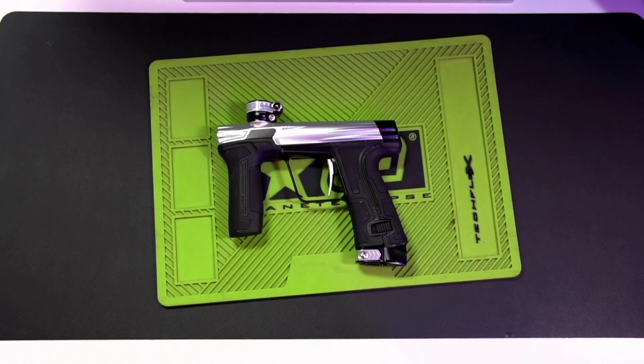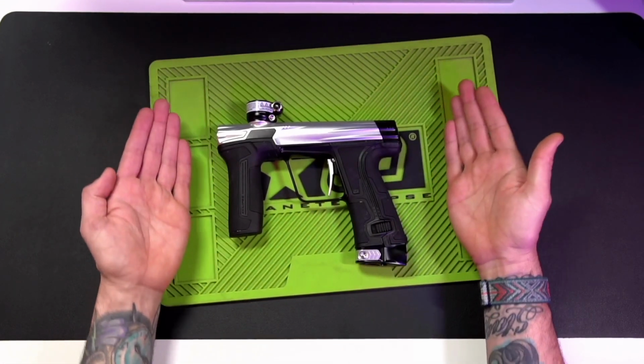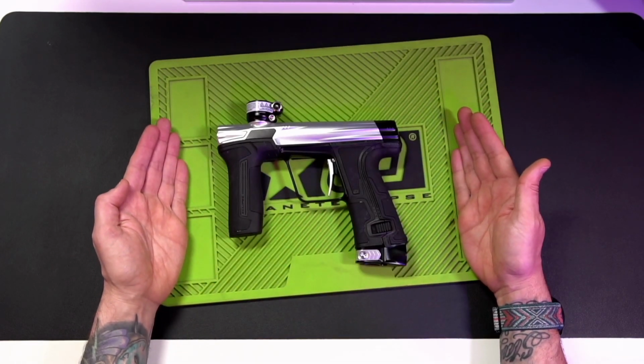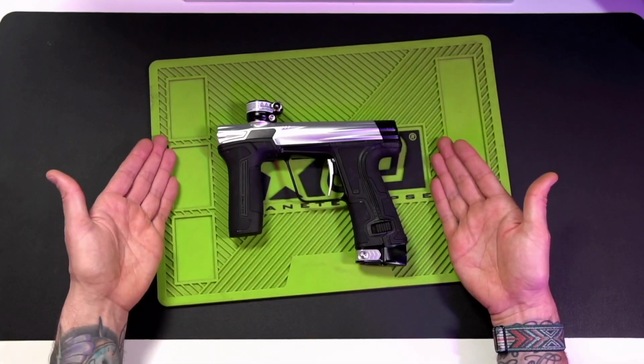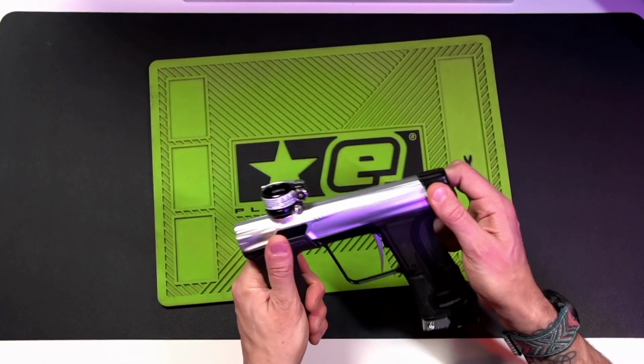And shooting them, I don't know if it's all that much different. I think that they shoot fairly similarly. These might be a little bit quieter and a little bit softer on paint, but from using it, I don't really notice the difference between this thing shooting and the CS2. I kind of talked about that bolt. One of the neat things,